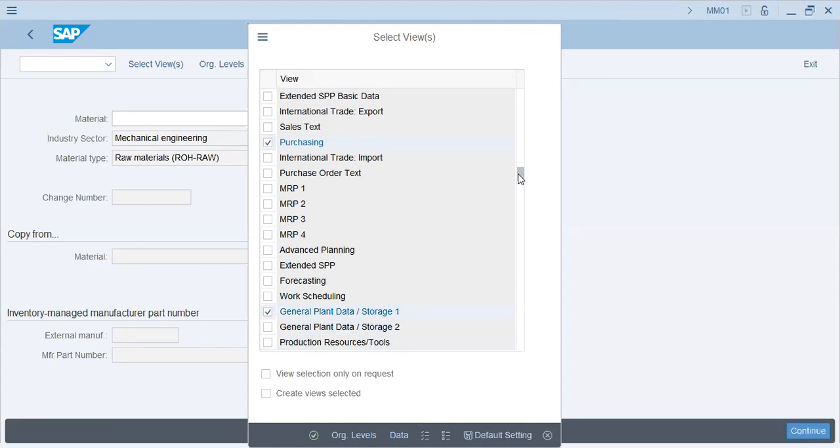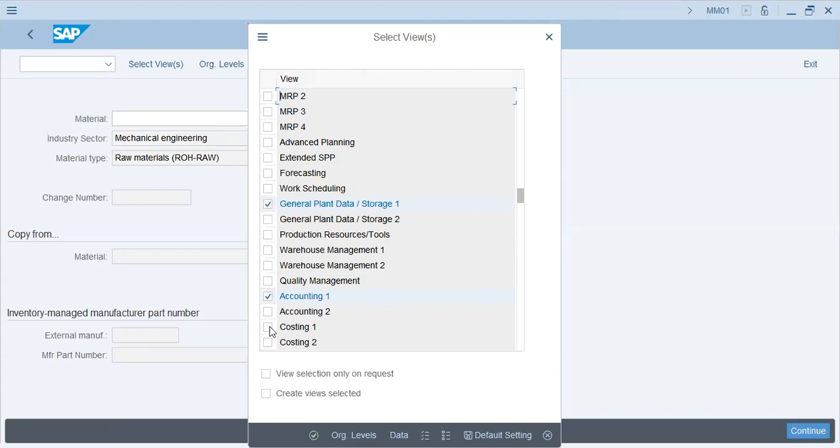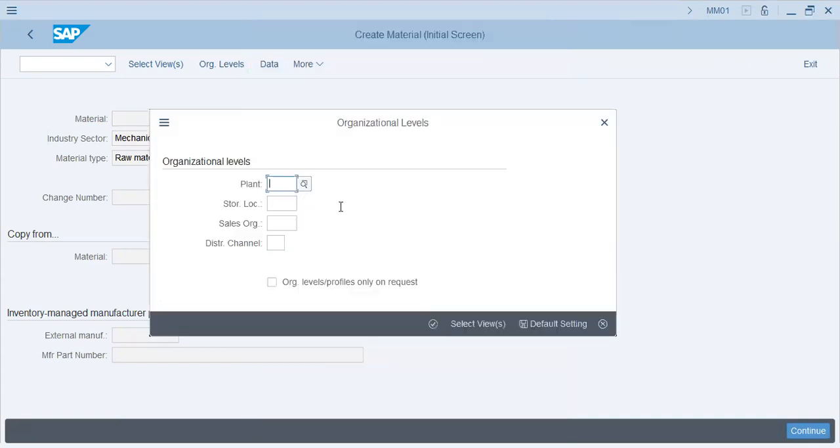Okay, and what else? Accounting 1, costing 1, organizational levels, this is the next part, and